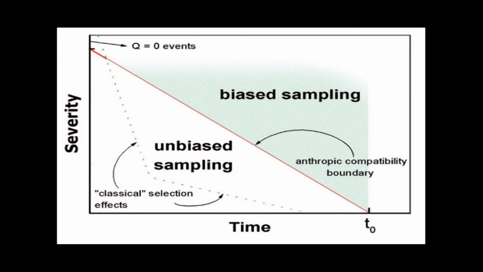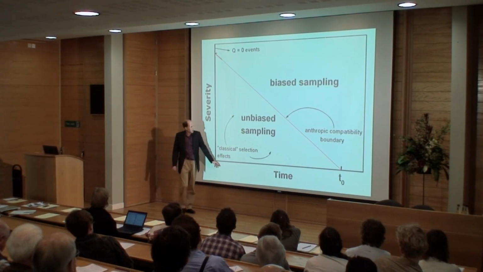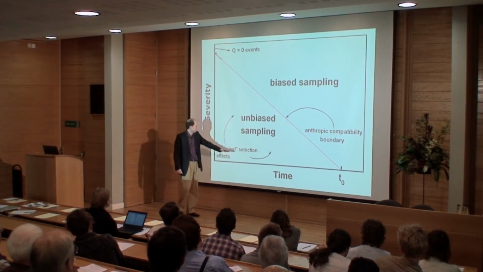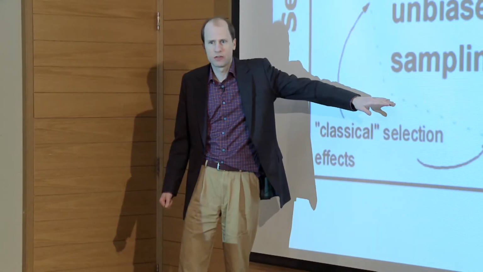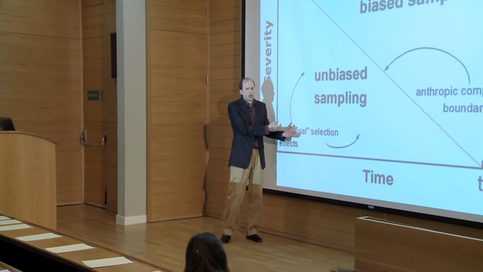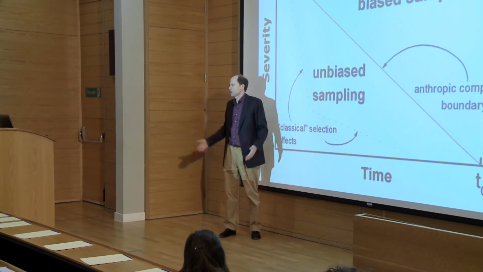So if we plot, say, these are maybe asteroid impacts, and this is time. Here the Earth is created, and then we have now. This is schematic. We have, first of all, some traditional selection effect, not an observation selection effect, just an ordinary selection effect: if we go very far back in time, we can't see a very small impact because the rocks will have been eroded. So normally we would expect that the further back in time, we can only see bigger events, just because the evidence gets erased.